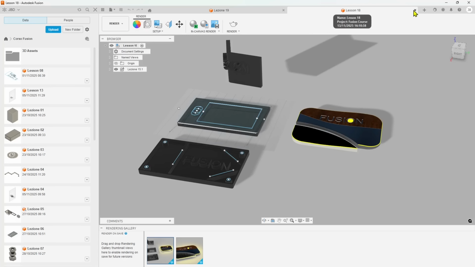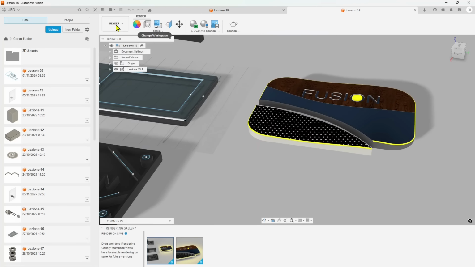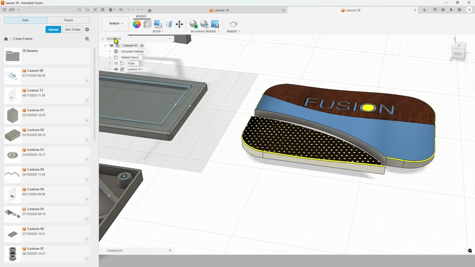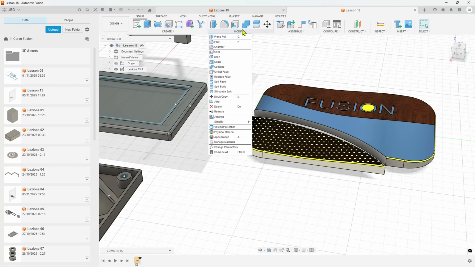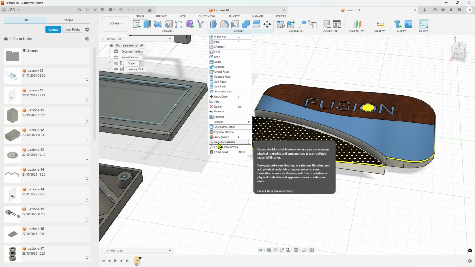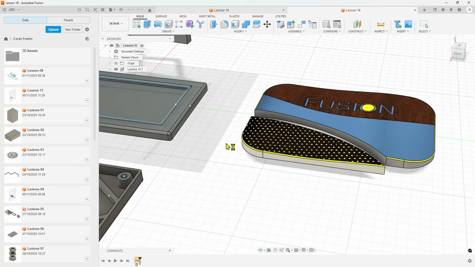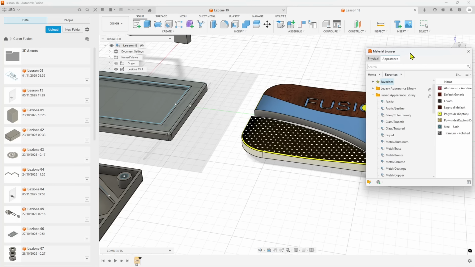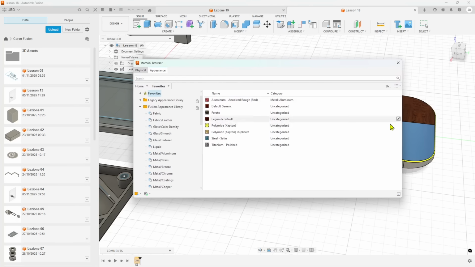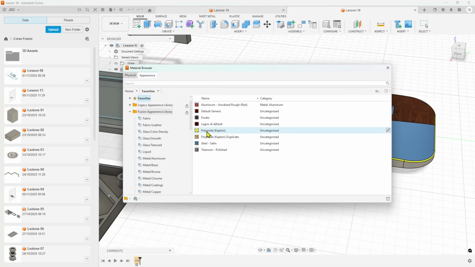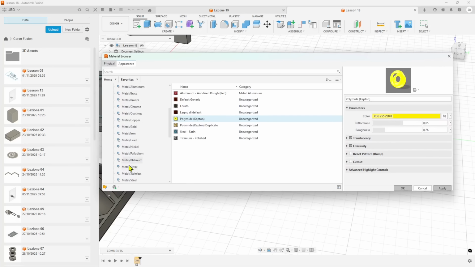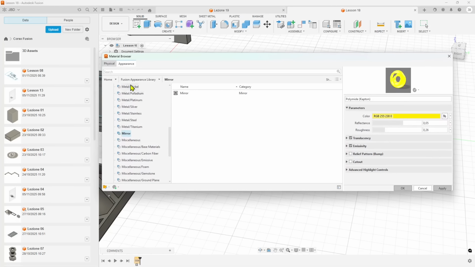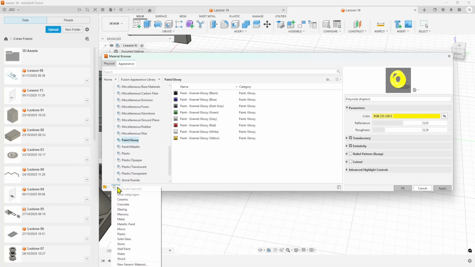I'm going to jump back to the design, because we need to go to the modify or any panel that will let you access the manage materials, which we saw in the previous video. This is where you create, manipulate, and manage the various materials and effects. And this one is the emissive one. Now you can start with whatever material you want, an existing material. You can create a new one. It needs to have the emissivity